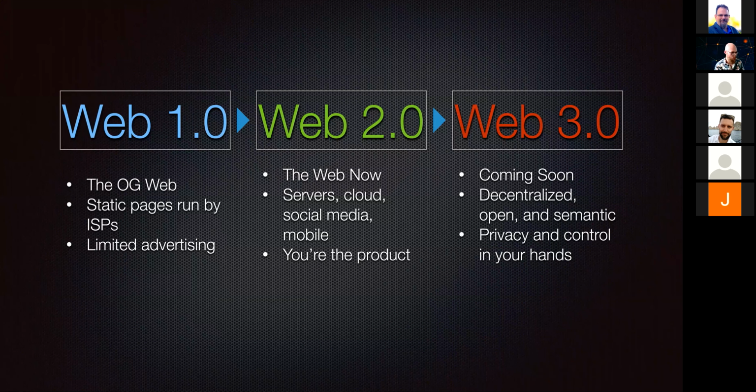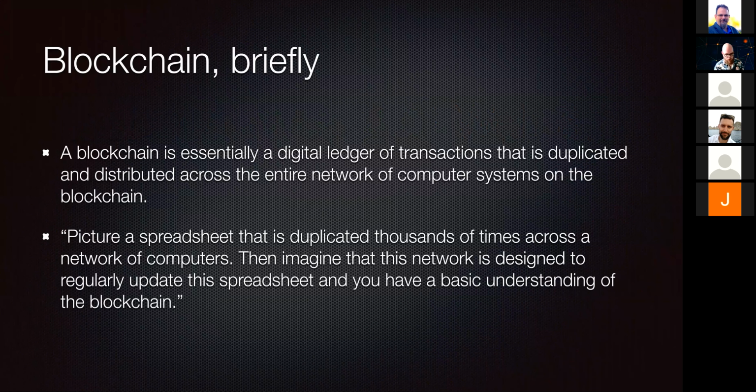And realistically, the way I like to think about it is that you're the owner of your data in Web3, and not some service that may be using it for another purpose. But really, focusing on the decentralized web and how blockchain fits into that is what Web3 is. And I won't focus on this too much. I'm sure everyone has heard this a million times, but I like to share just in case someone hasn't seen